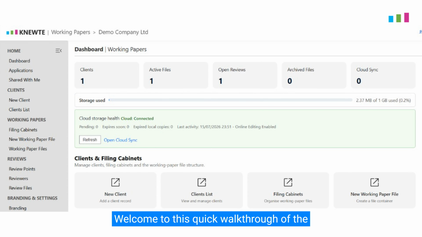Welcome to this quick walkthrough of the main workflow. In this video, we will explain how the app works and how it can help you manage working paper files in one organized workspace. We will look at the main flow of the system, from setting up clients and filing